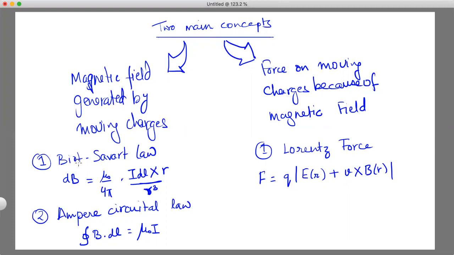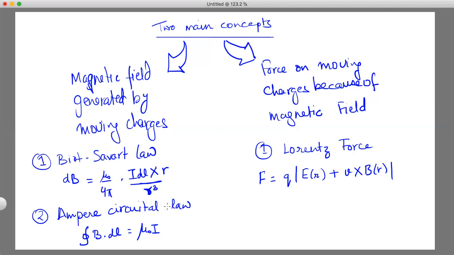मैग्नेटिक फील्ड जनरेशन के हमारे पास दो मेन लॉज हैं. बायोट सेवर्ट लॉ है. ठीक है, आई विल नॉट स्पीक दिस आउट, यू नो द लॉ, राइट. इम्पॉर्टेंट थिंग टू नोट हेयर इज कि जबकि लॉ में नीचे आर क्यूब दिखाई दे रहा है डिस्टेंस का, राइट, it still varies by r squared, like the Coulomb's law, and the reason is that there is a r at the numerator also, so it still varies by r squared like most of the other fields and forces.